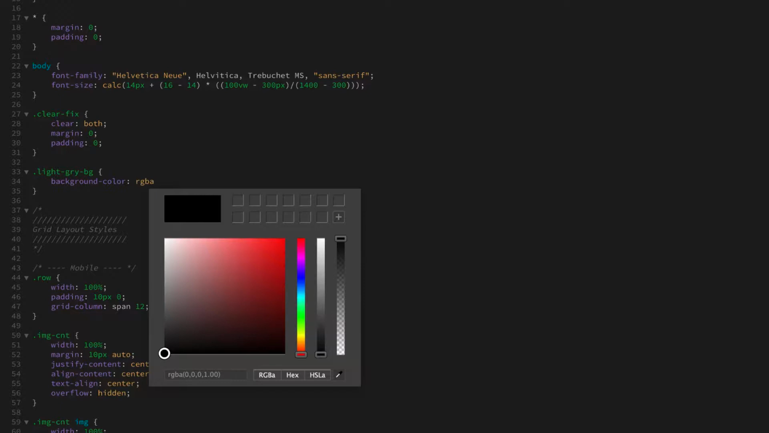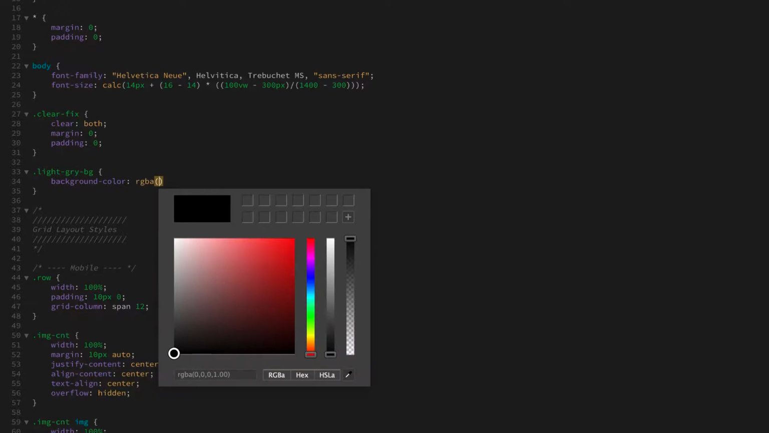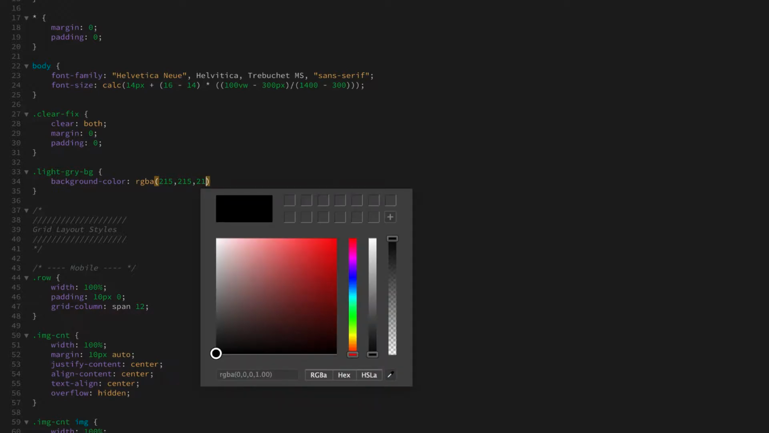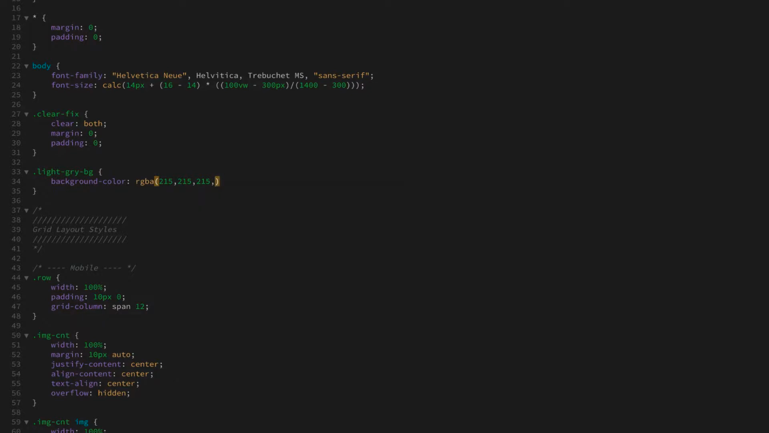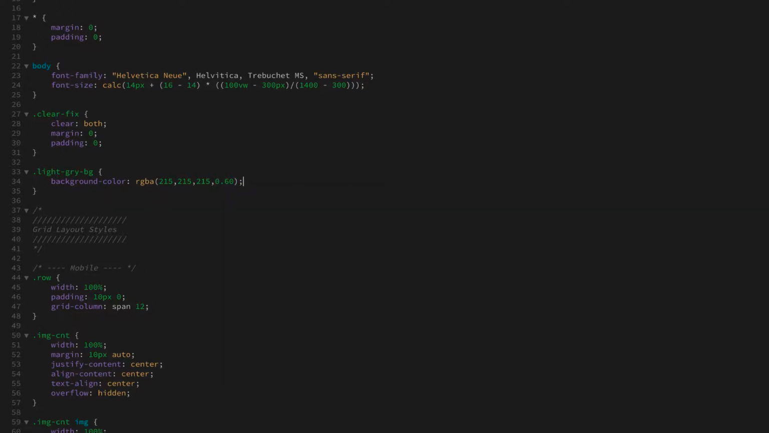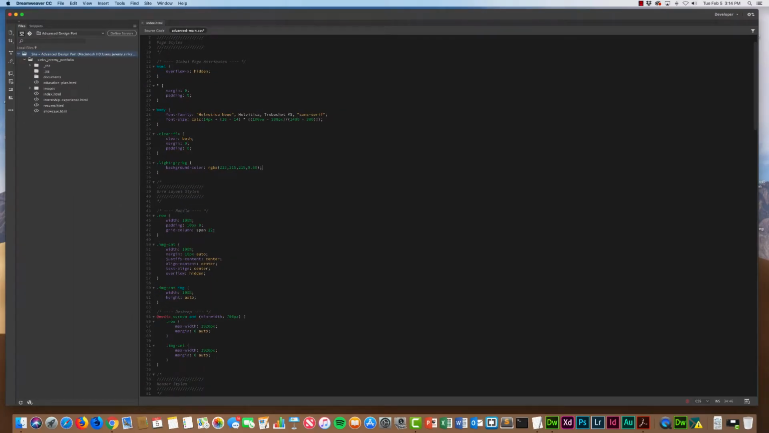So RGBA, parentheses, and this gray is basically 215, 215, 215. So that's what gives us the base gray, and then comma, and then 0.60, so 60% transparency. Then move your cursor to the end of the parenthesis there, and then hit the semicolon. Okay, I'm going to go ahead and hit save, and now I can pop over to the source code